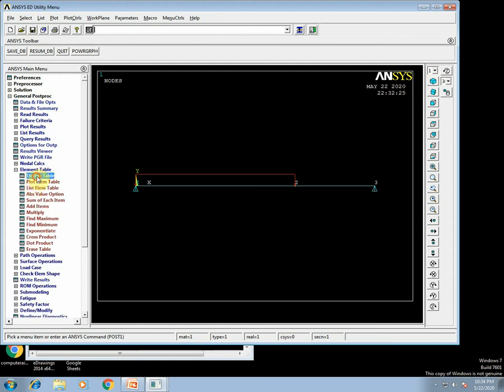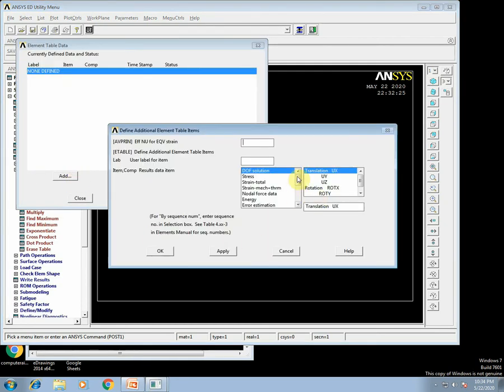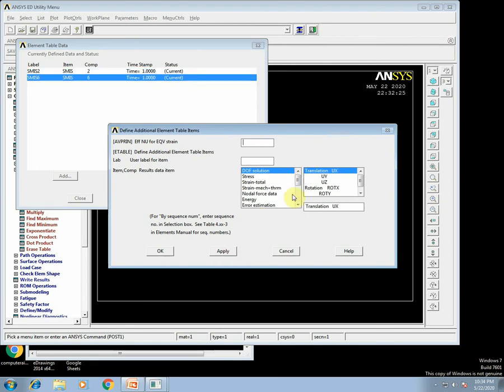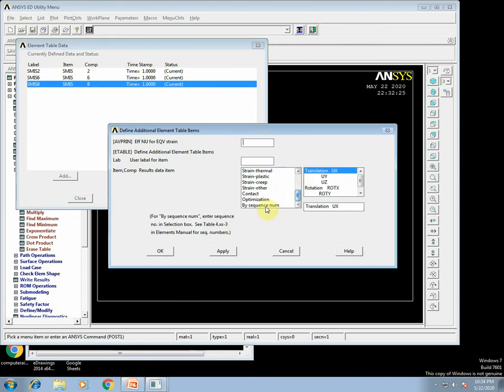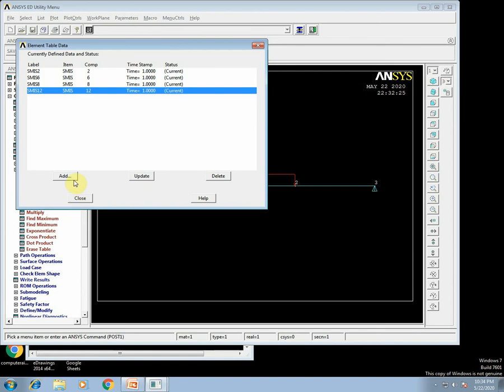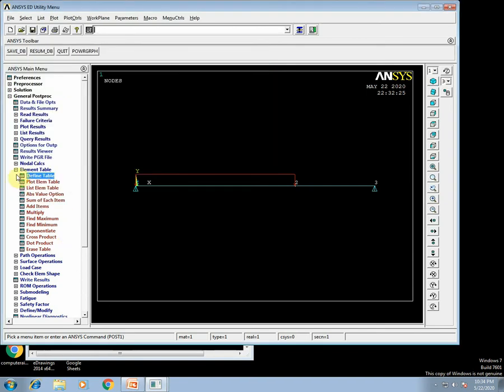Element table, define table, add, by sequence number: SMISC 2, apply; SMISC 6, apply; SMISC 8, apply; and SMISC 12. Okay, close. Now